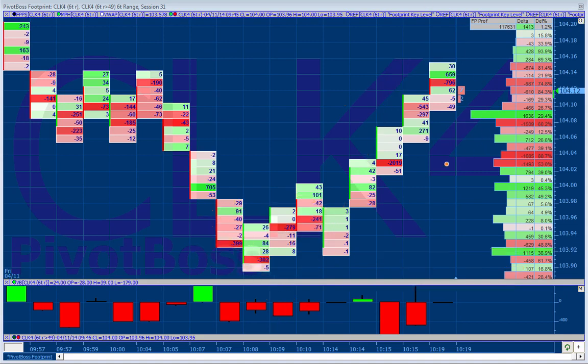Look at what happens here. Remember that earlier 2000 contract sell imbalance? Here's another one. Someone else sold 2,000, 104.03. 53% of the contracts at that level were sell side. That was a sell side imbalance. You can see the big sell that comes in right here on that whole entire bar. And which way does price go after that sell comes in? Price goes up. That's order flow right there. You see a big sell come in and price ticks higher.